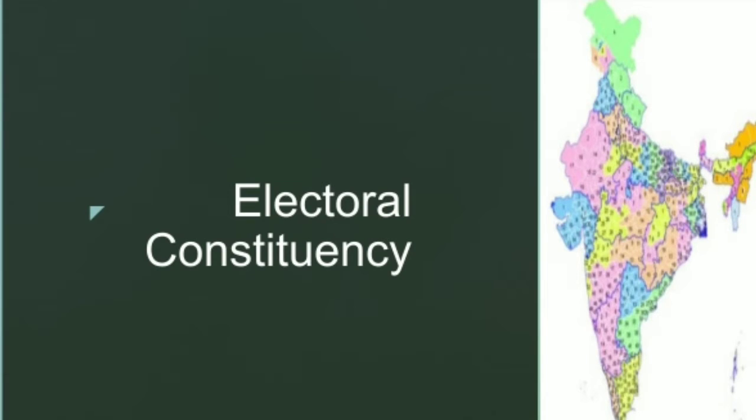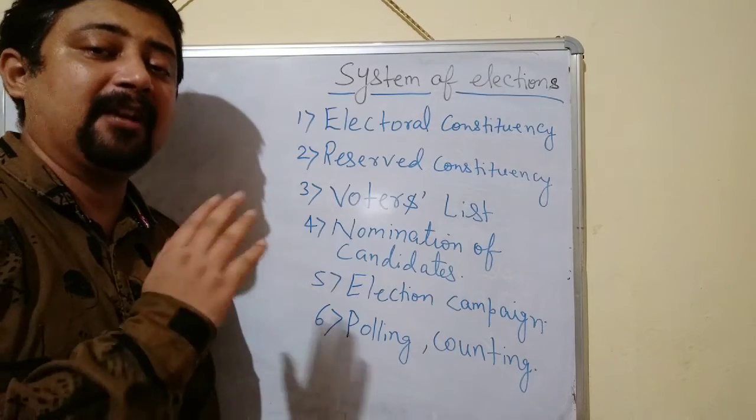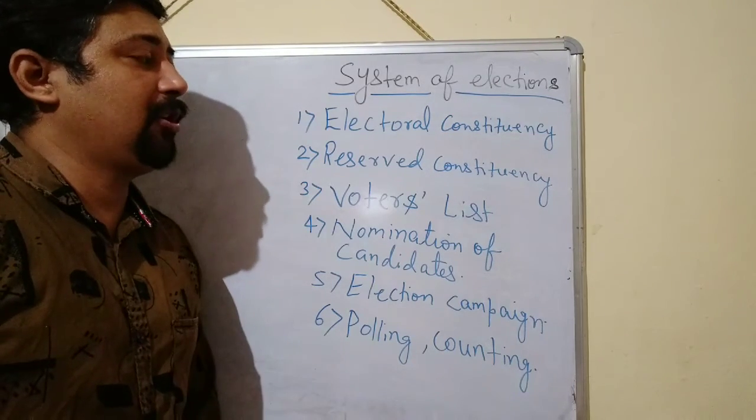So here basically one seat in the Lok Sabha is equal to one constituency. So from one constituency, if a candidate wins, he will go and occupy one seat in the Lok Sabha. So basically one seat in the Lok Sabha is equal to one constituency of the Lok Sabha. This is how we can easily relate the electoral constituency and